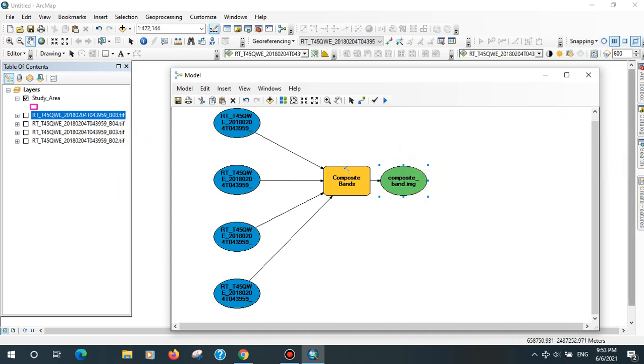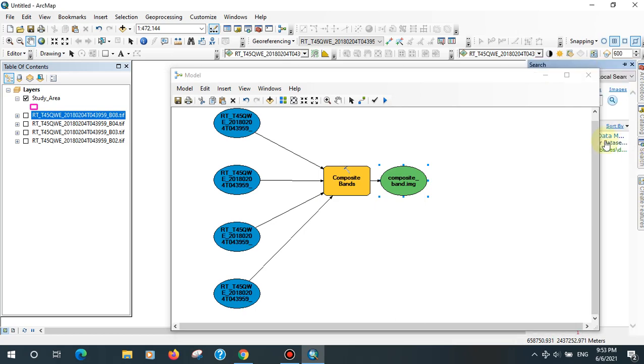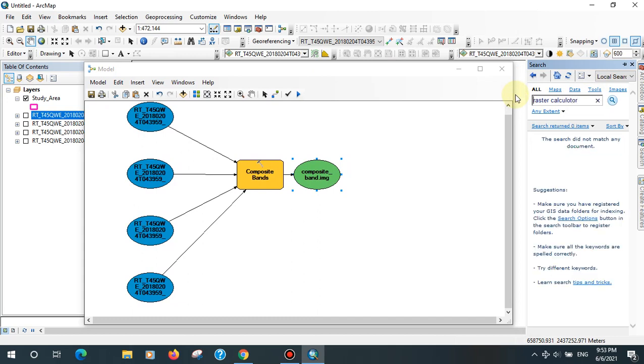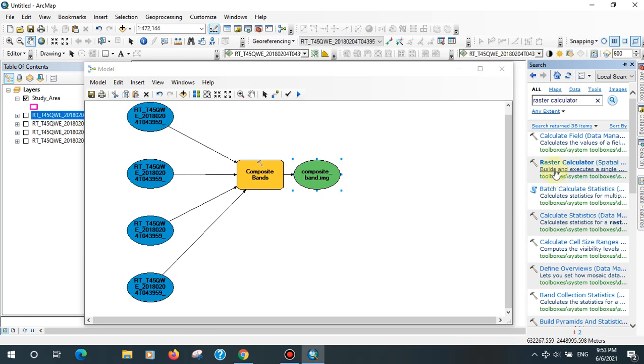So again go to search. Okay, use raster calculator in the spatial analysis tool.